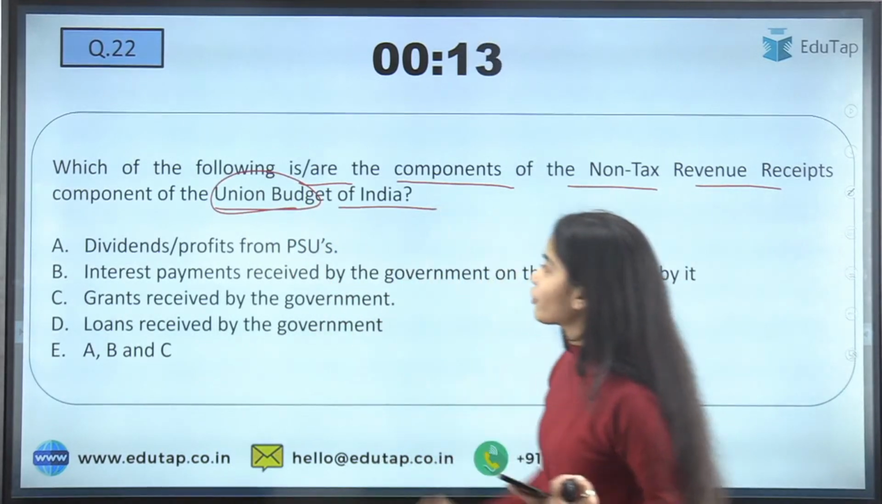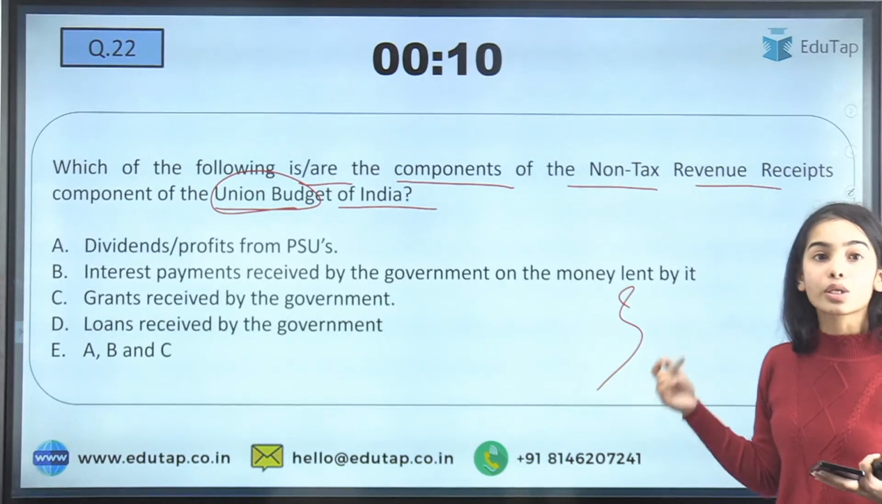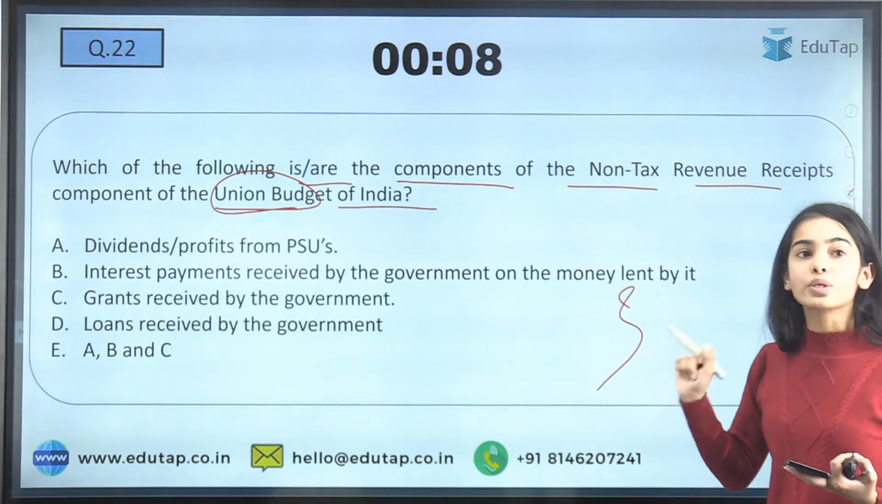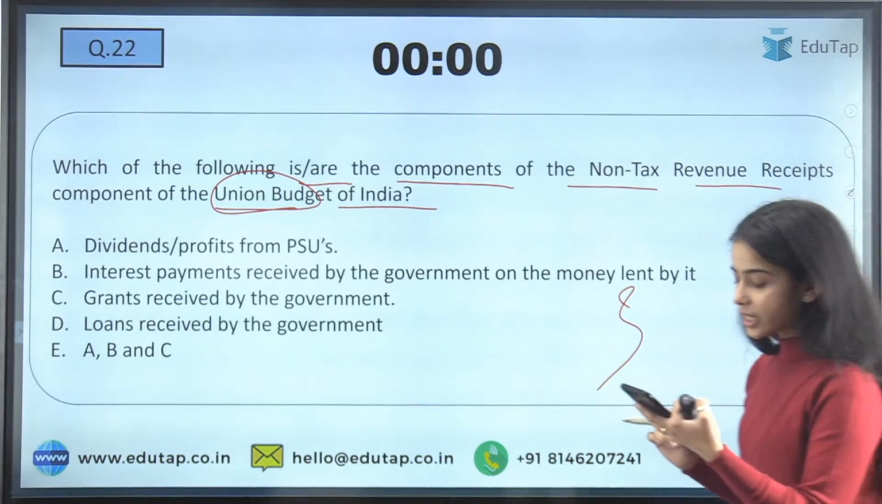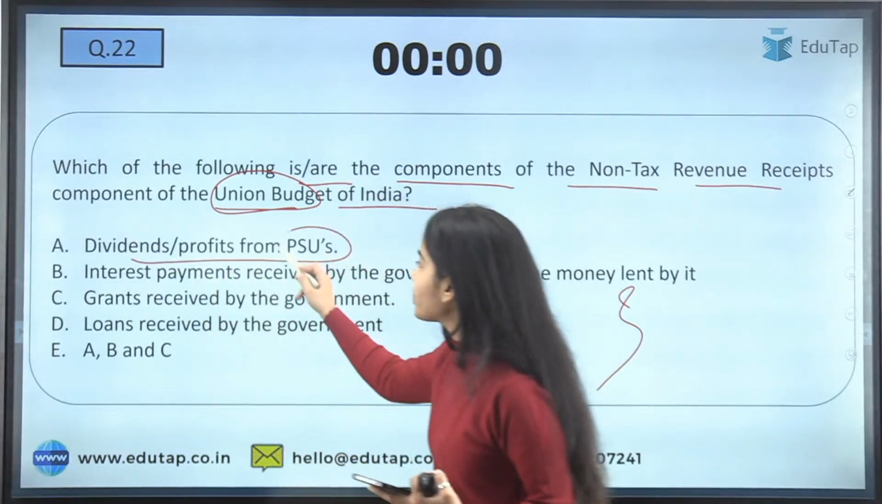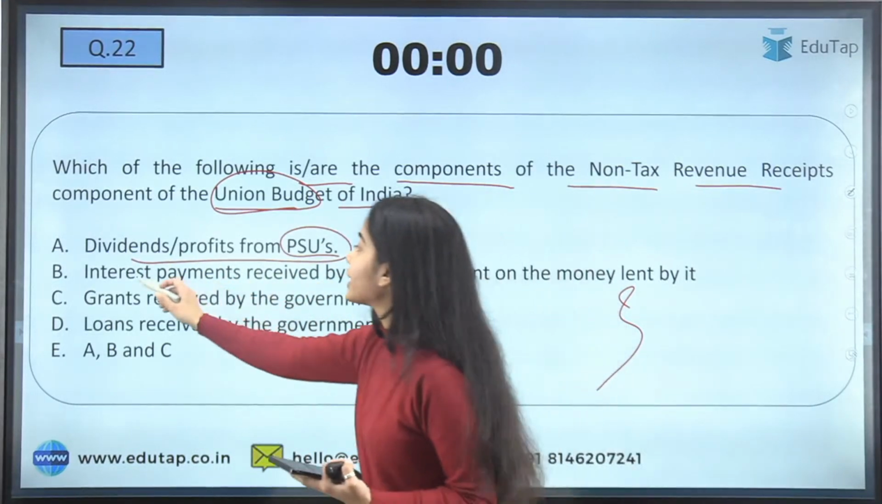So which of the following is or are the components of the non-tax revenue receipts component of the Union Budget of India? So you have to tell this one. This one is also again very easy if you know the revenue receipts. Okay, so the right answer, see: dividend and profits from PSUs, the public sector undertakings,